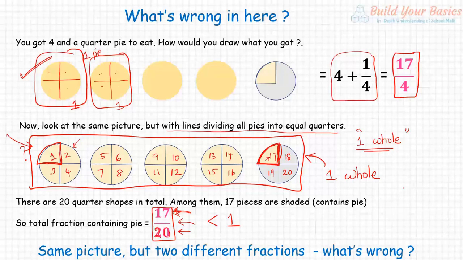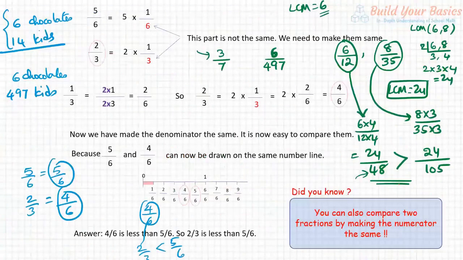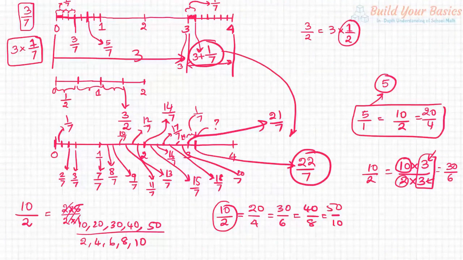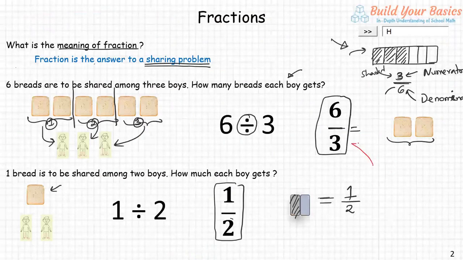That is why, remember Rashini, in the beginning of the class, you asked how to draw this. Let me go back to that thing. I wanted to not explain it at that time. But this is the right time to go back to, okay, 6 by 3, right? How do you explain it in this shading problem? How do you draw that in the shading problem? Normally in the shading problem, if you consider one whole, you cannot draw this because 6 by 3 is greater than 1. So the only way to draw it is you have to declare that I have this as my one whole.